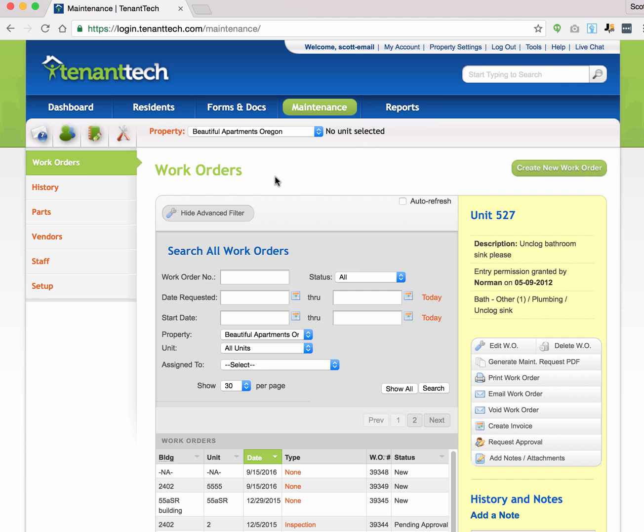Under the maintenance section, we have several different options. Work orders is the main one where you'll be spending most of your time. History, we're not going to go into that today. We're going to talk about that possibly in a future video. Parts, vendors, staff, and setup. Before we get into the main work orders, let's take a quick look at some of these and make sure